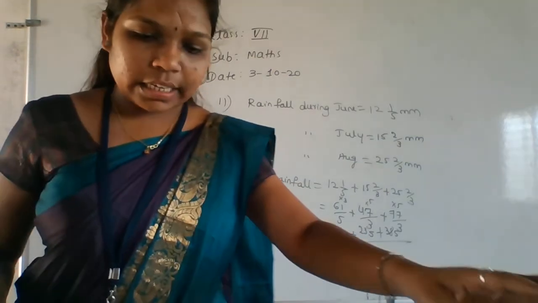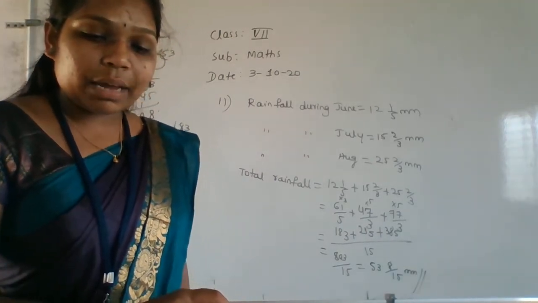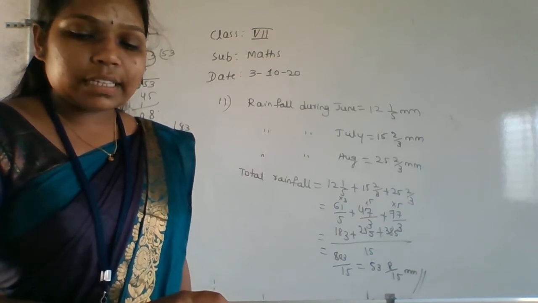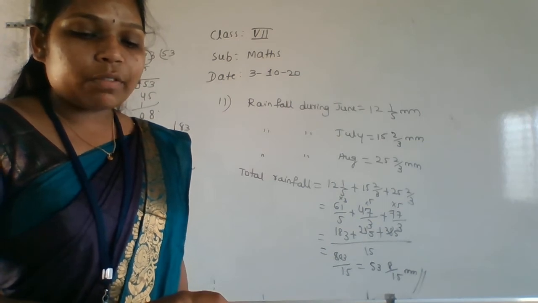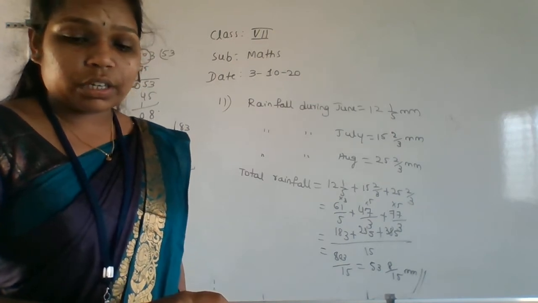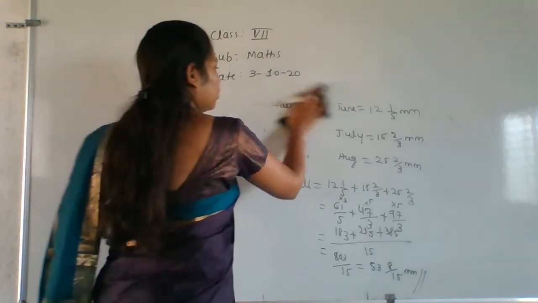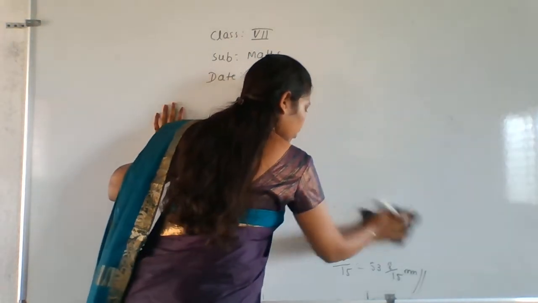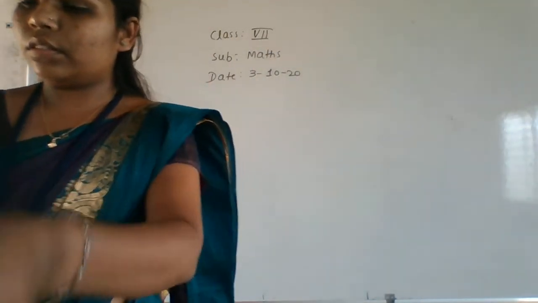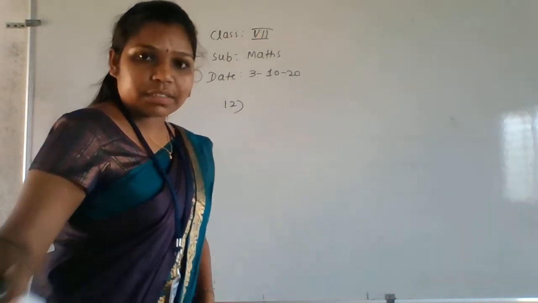Okay, so next go for the 12th question. What is the given 12th question? Meetu painted a wall in 5 by 12 hours. Vaibhav took 7 by 15 hours to paint the same wall. Who worked longer? By what fraction was it longer? They asked, means we have to do the subtraction. 12th one, do the subtraction only.